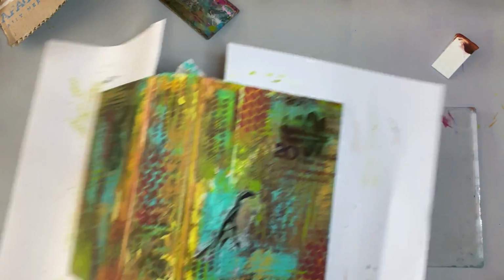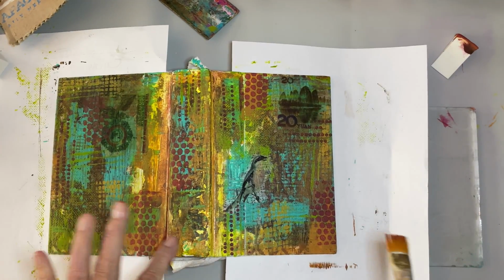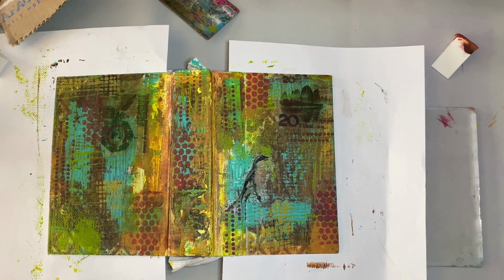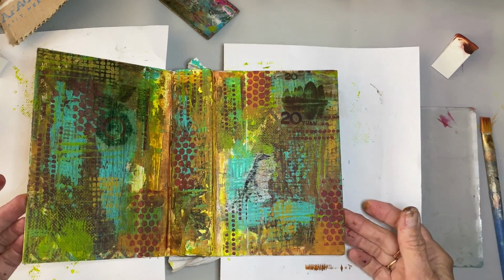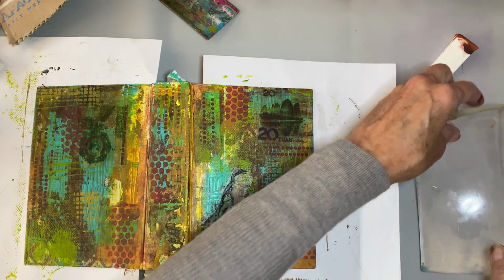There, so I just dirtied that up a little bit. Okay, so that's kind of where I'm at so far. Liking that. So now if you're feeling like all these stencils that I've been doing are a little dark, which they are, then how you can fix that,